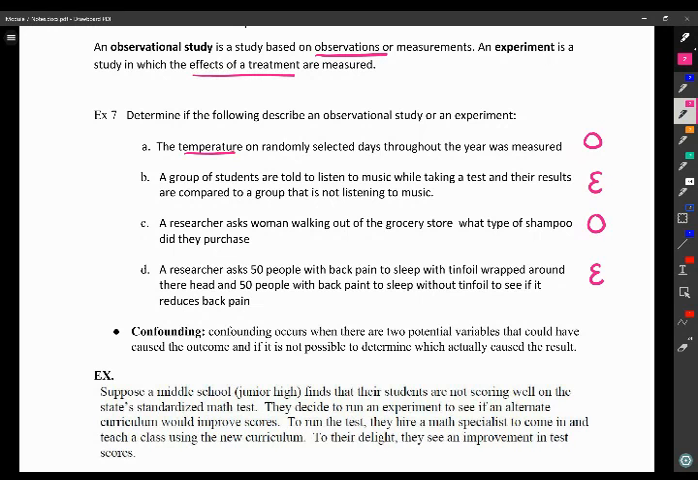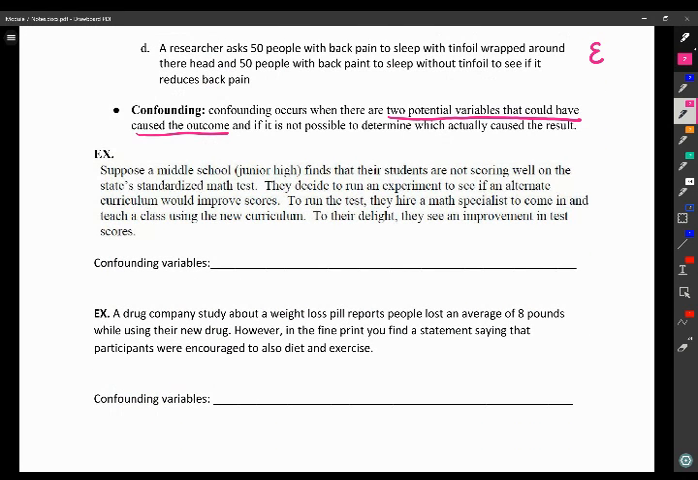Confounding means that sometimes you can see a reaction, but if there's two potential variables that could have caused that outcome, then because you can't tell which one it was, that's what it means to be confounding. So an example of that might be this, where in a middle school, they find that the students aren't scoring very well on their state math test, and so they decide to run an experiment. They see if an alternate curriculum would improve scores. So to run the test, they hire a math specialist to come in and teach a class using the new curriculum. Then, to their delight, the test scores go up,